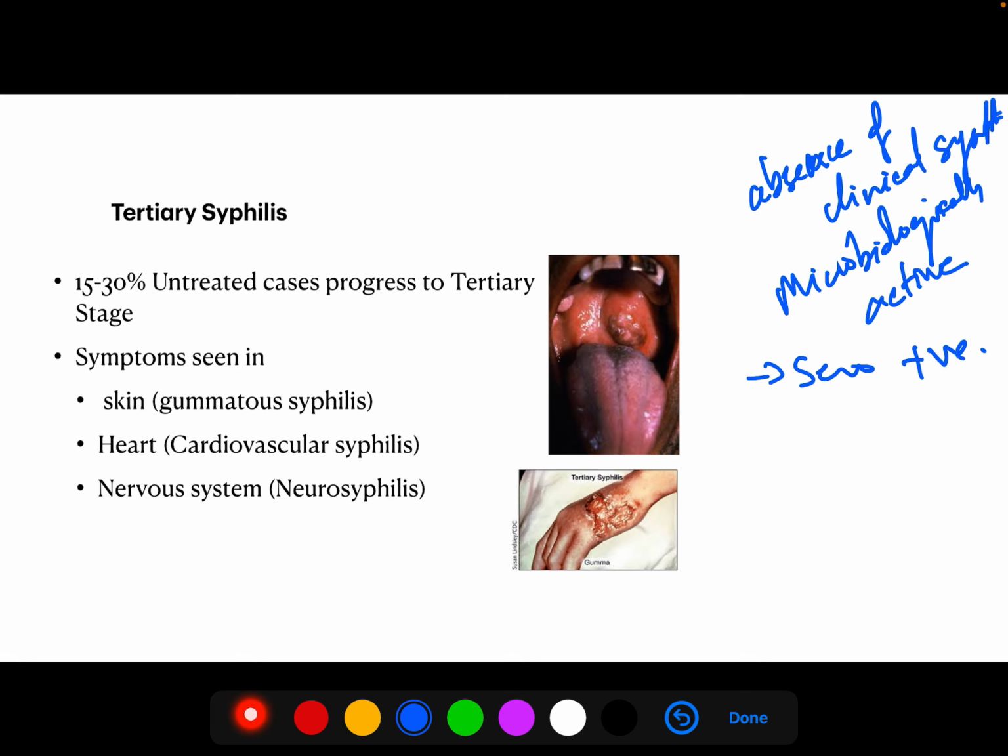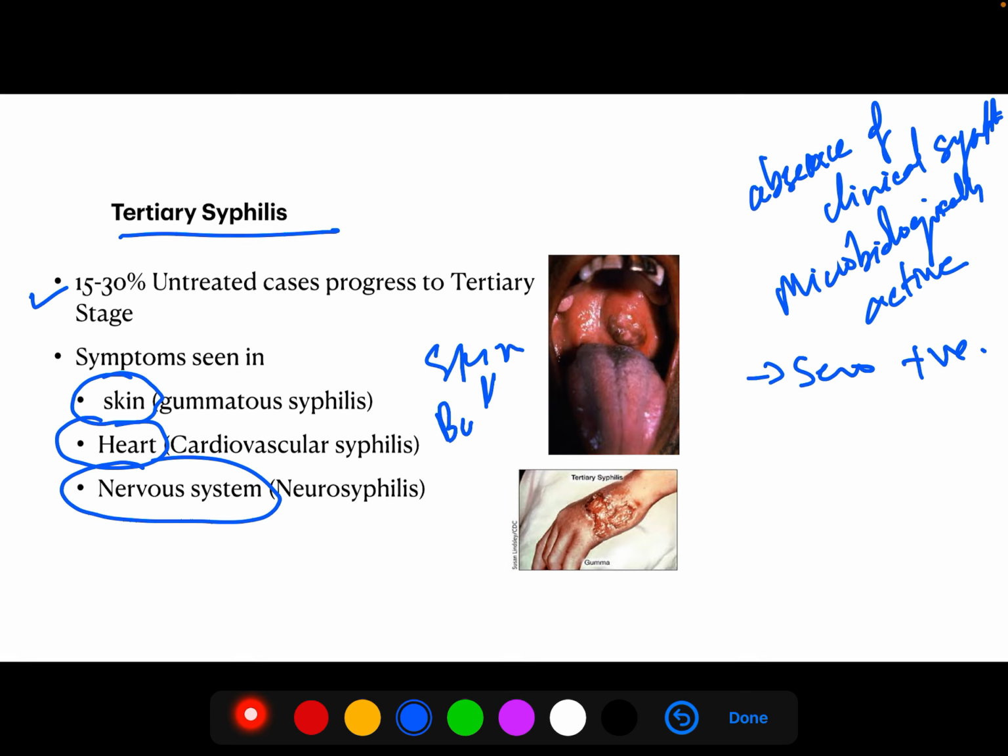And this is followed by tertiary syphilis. So, about 15 to 30% of the untreated cases progress to tertiary syphilis, where symptoms are usually seen on the skin, heart and the central nervous system. On the skin, the lesions are usually seen on skin and bone, and this is called gummatous syphilis, where gumma,